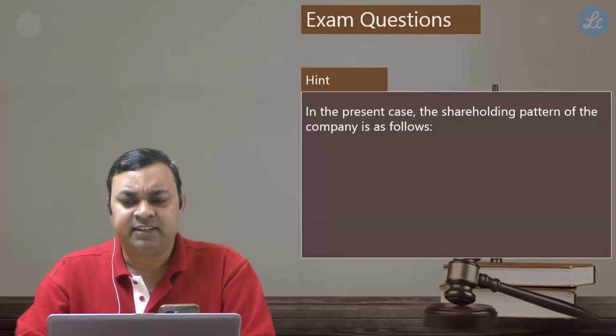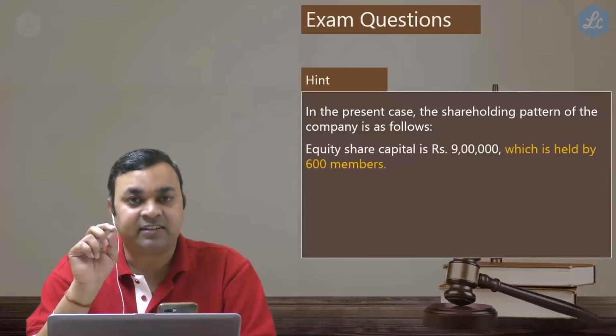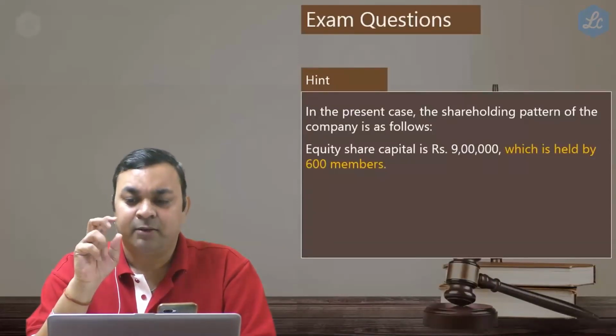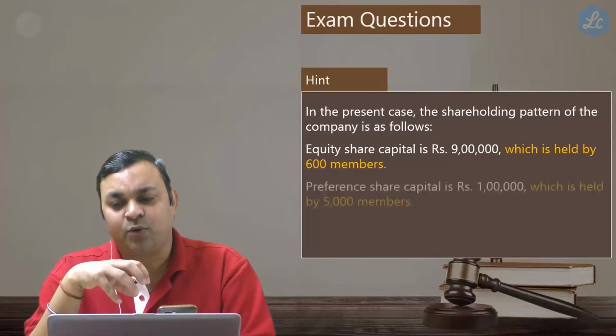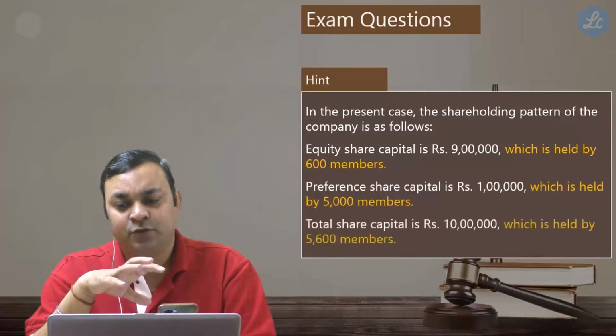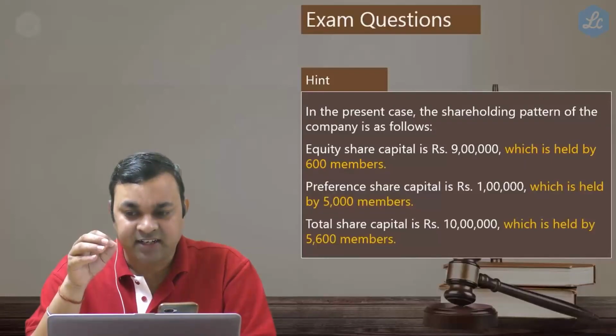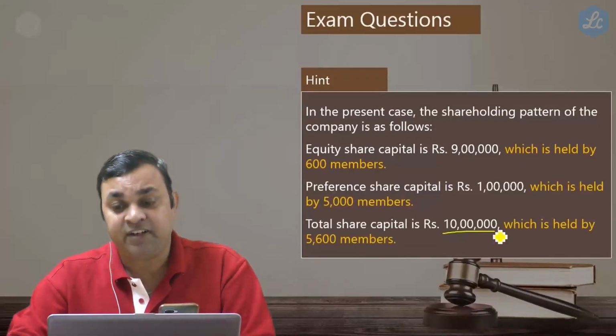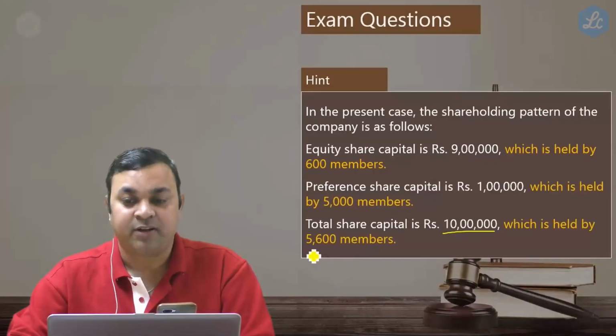In the present case, the shareholding pattern of the company is as follows. Equity share capital is 9 lakh, which is held by 600 members. Preference share capital is 1 lakh, held by 5,000 members. So total share capital is 10 lakh, which is held by 5,600 members. Now, in the next slide,